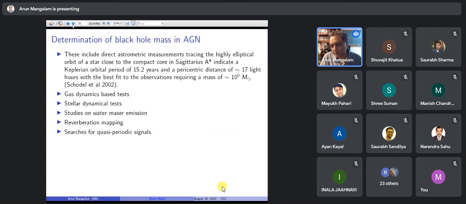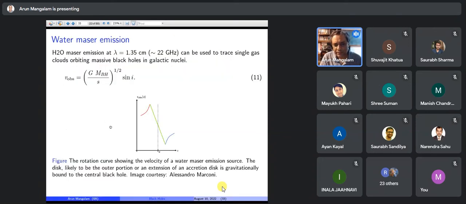So how do you determine the mass of the black hole? So there are several techniques. I'll just go one by one. One is if there's a water maser. So this is a paper, I think close to 99, I believe,